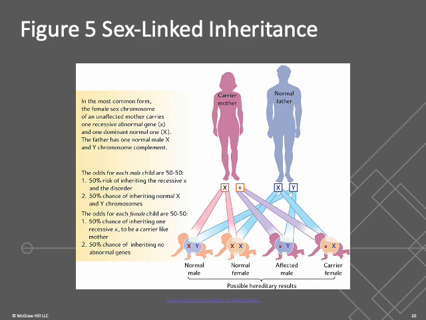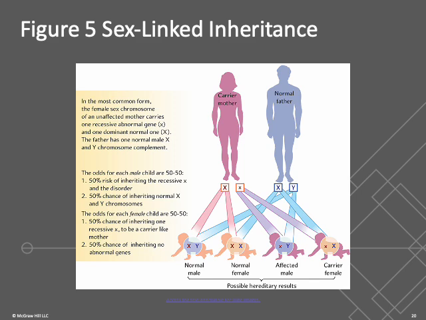In this figure, we can see the carrier mother has XX chromosomes and the normal father has XY. The dominant X from the mother and dominant Y from the father result in a typical male with XY chromosomes. The dominant X from the mother and the dominant X from the father result in a typical female with XX